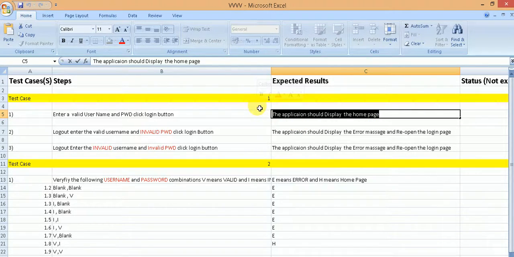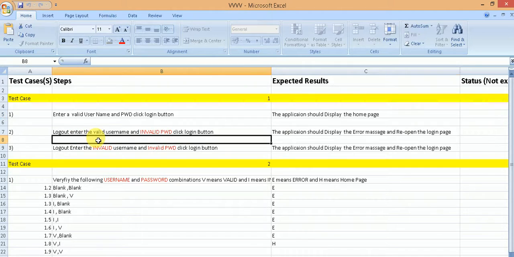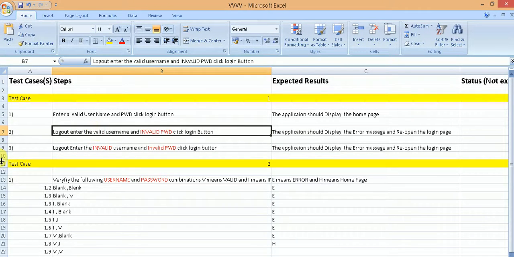Now after the first step is executed, the tester wants to give negative inputs. That means it is a negative test. Some or all of the inputs are going to be incorrect, and the application should error out or provide some kind of feedback to the user saying that the inputs are incorrect and they need to redo their operation.